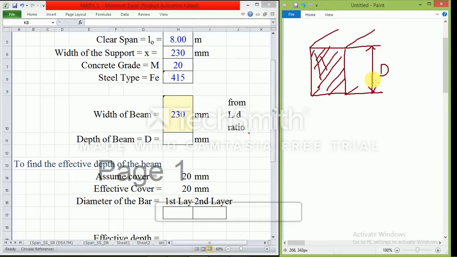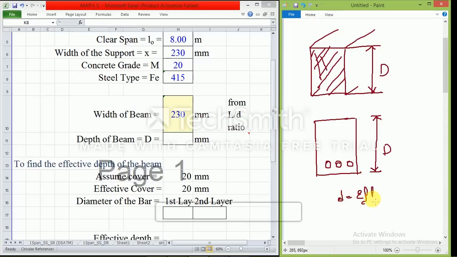That is one concept. The second concept is, if this is the overall depth of the beam, as I told, in the singly reinforced beams, I am going to give the steel in the bottommost portion only. Then one more concept is called small d. Small d means effective depth.